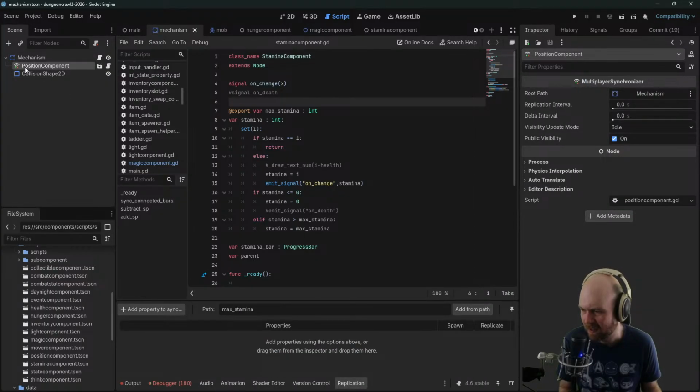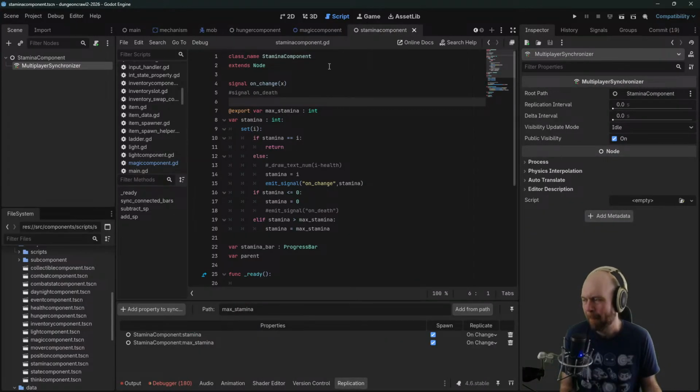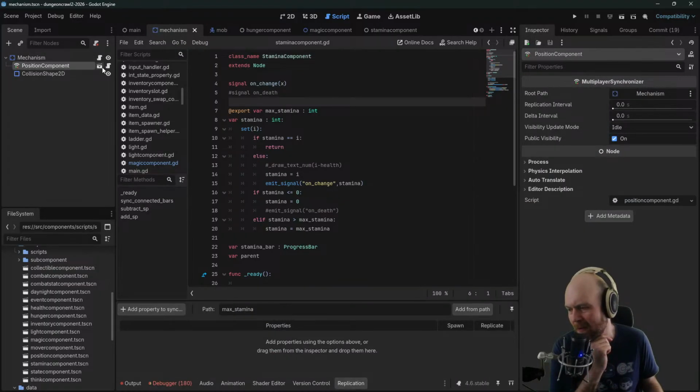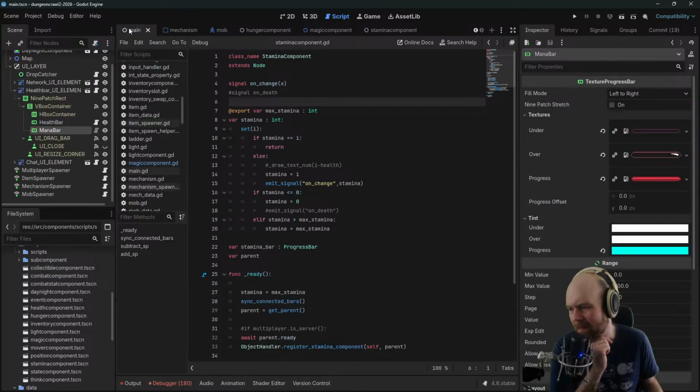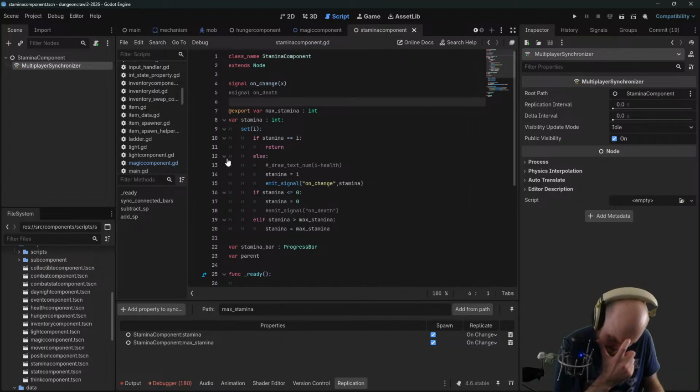this is synchronizing nothing. What is this? Oh, I must be setting it up in code. Sure, whatever. Oh no, this is a position component. Anyway, if I assign a stamina component,